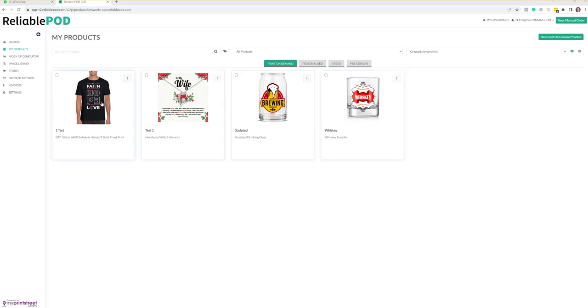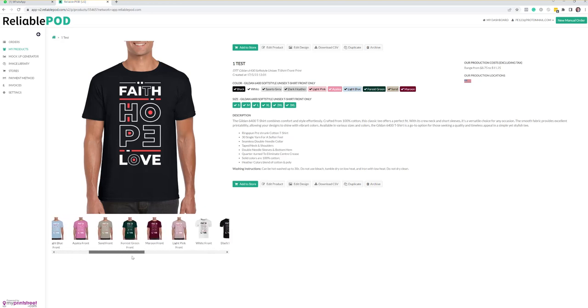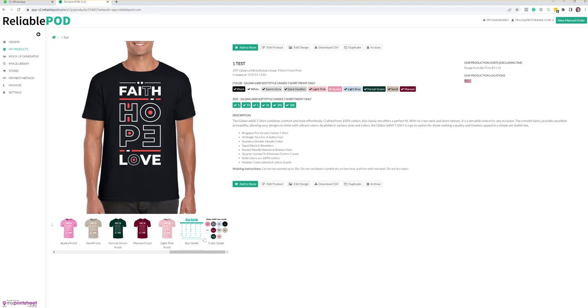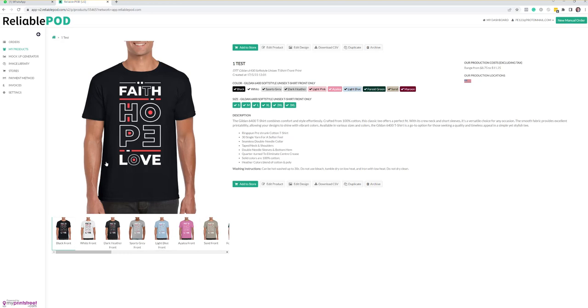So now it's generated all the mock-ups for that product. If we click on it and go in there and take a look, you can see it's created and named them all. So it's created all the product level mock-ups, and then it's created all the variants, and it's created the static images there. What you can do then is, if you click add to store,